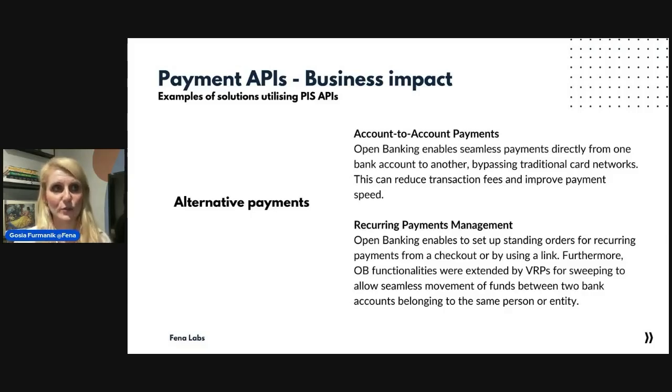for VRP for sweeping is moving, for example, money on a regular basis between your current bank account, or I think in the US it's called a checking bank account, to a savings bank account without having to do strong authentication. So it's automatically pulled out. A good example could be a savings app that has VRP enabled on the application and allows users to move money automatically between two bank accounts to save money on a regular basis.